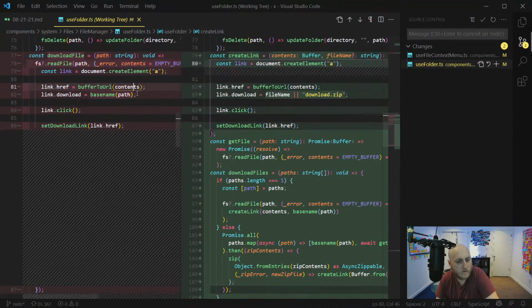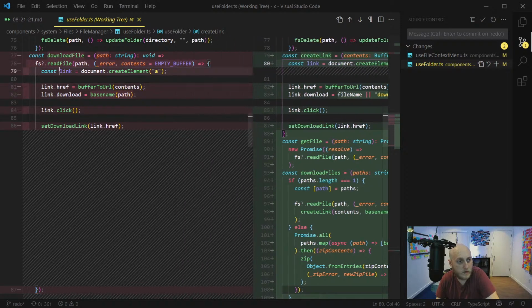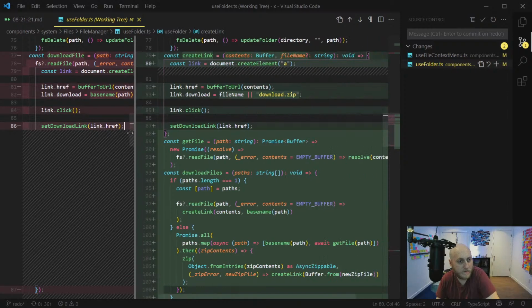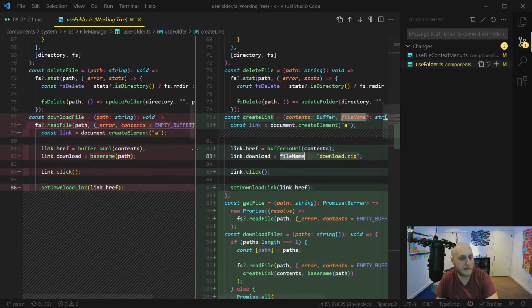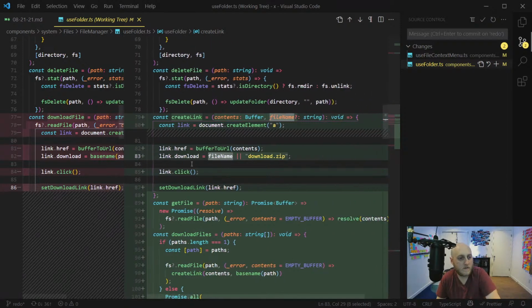So what have I done? So here is the download file command. It's changed quite a bit. Before, it basically would read the file and then make a link to the file. I've taken the link part out into its own function called createLink, where it passes in name. And if there's no file name, it's going to assume it's a zip, and it's going to use the download.zip name. Otherwise, this function didn't change,